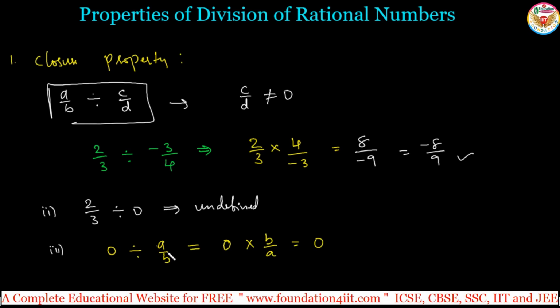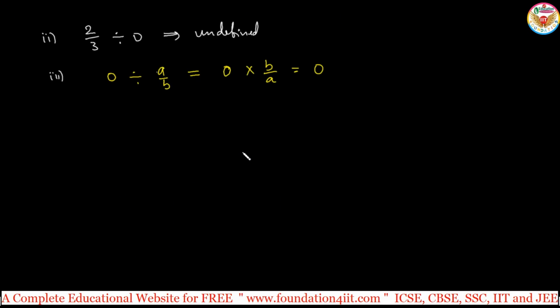That means it is defined. So 0 divided by any non-zero rational number is also 0. These are the properties you'll apply for the closure property. As per the closure property, if a rational number is divided by some non-zero rational number, the result is always a rational number. And the commutative property, associative property, identity and inverse